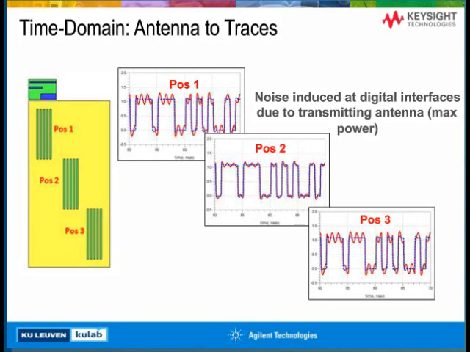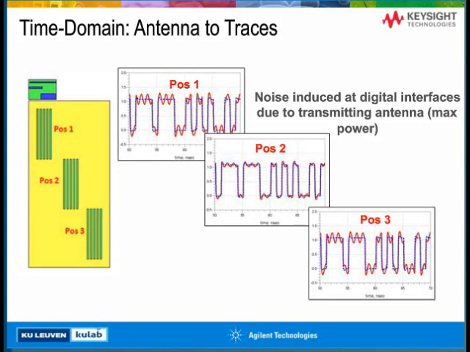And then we applied at the same time a quasi-random bit pattern at the interconnects. We applied it to the interconnect somewhere at the bottom, and then we looked at the signal at the other side of the interconnect. Now the blue curves that you're seeing in position 1, 2, and 3 are actually the curves that you see when the antenna is not excited at all.